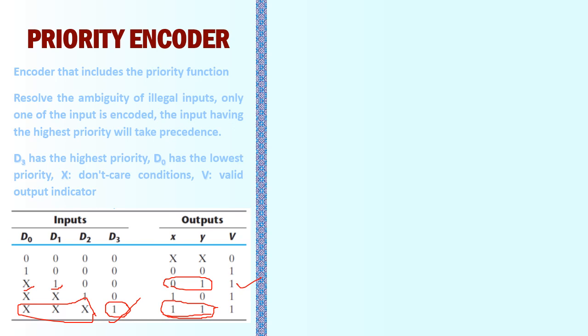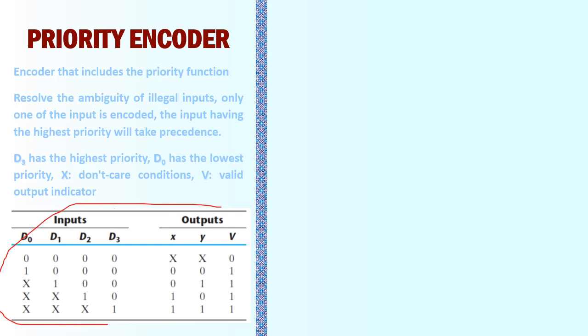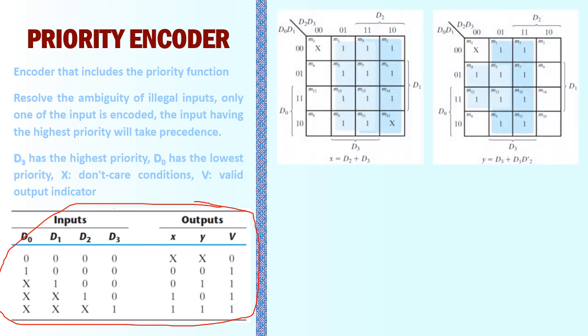Similarly, next to D3, the next higher priority will be for D2, because in case when D2 is 1 along with D3 is 0, then whatsoever the values of D0 and D1 are, which can have 4 possible combinations, then the encoded information will be for D2 and so on. So having all this tabular information, we can have the simplified expressions for x, y and v. So we have used the K-map expansion, we have got the Boolean expression for x, Boolean expression for y, and similarly Boolean expression for v.